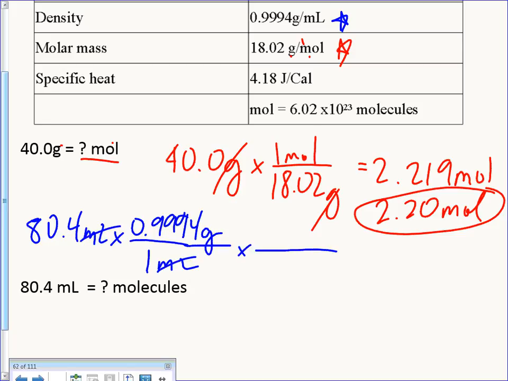Now, I'm starting kind of new. I have grams. I want to get to my question. Which conversion factor is now relevant? Is there anything with grams and molecules in it? The molar mass has grams and moles in it. Like I said, a mole, just MOL, is like a dozen. It's a big, huge number. Molecules are like,